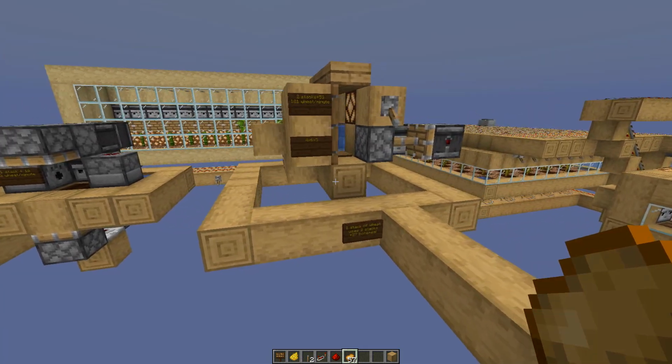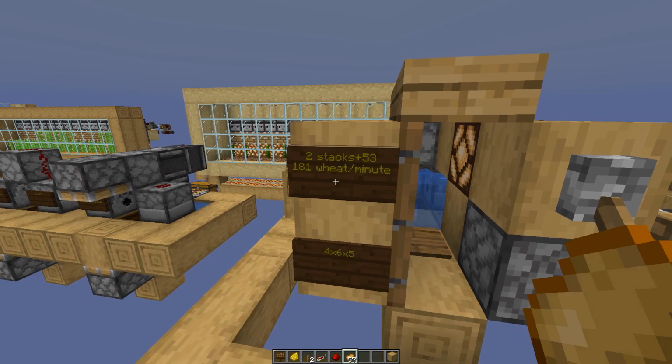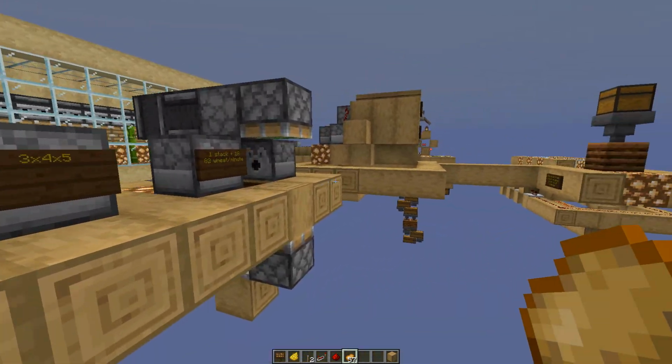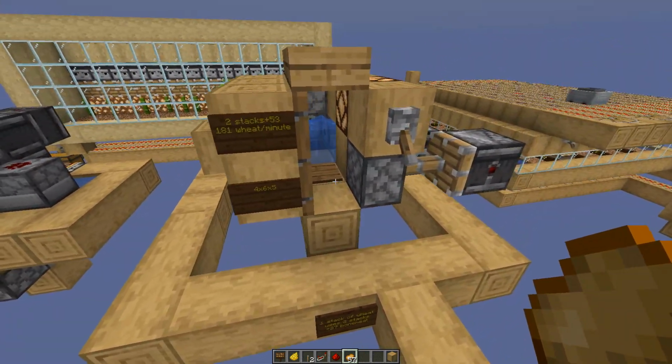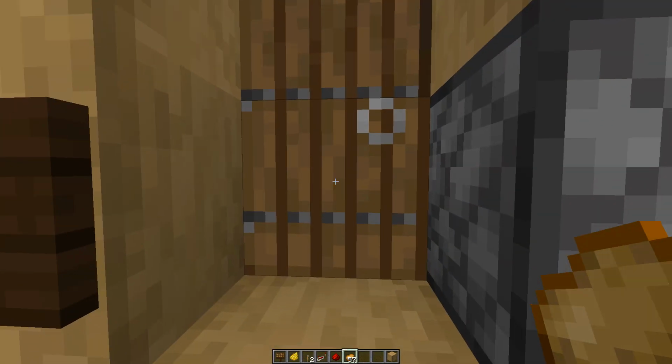So we want even more, guys. This one looks a little bit funny, but look at this, 181 wheat per minute. So that's almost 3 stacks, and this is 1 stack. So this is pretty much 3 times as fast. This is the newest nano farm in existence. Now,